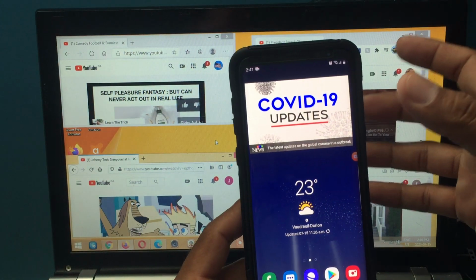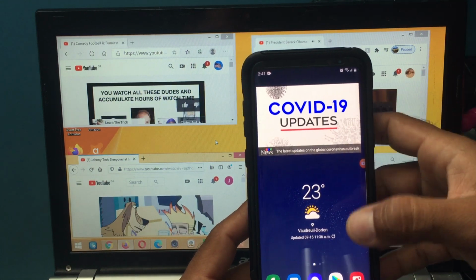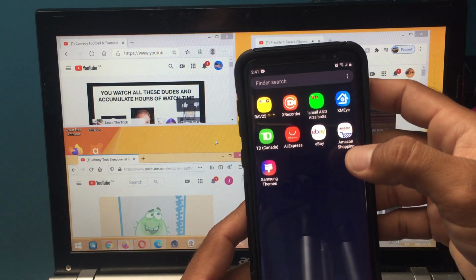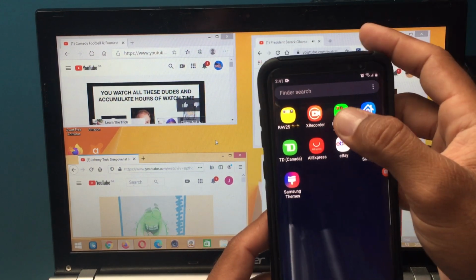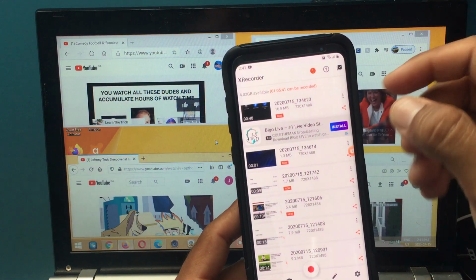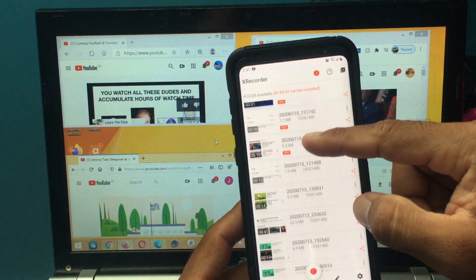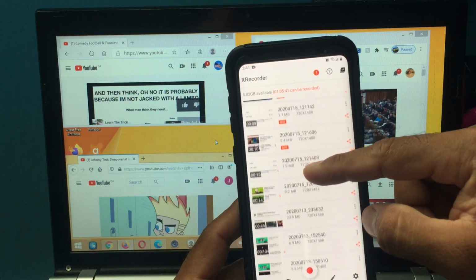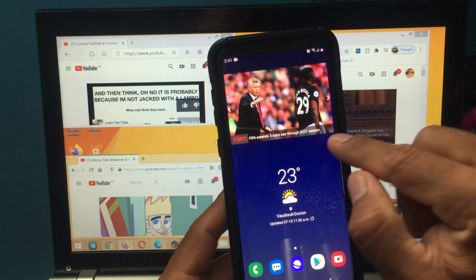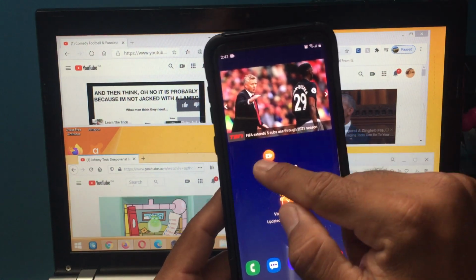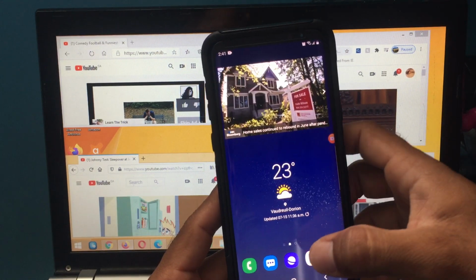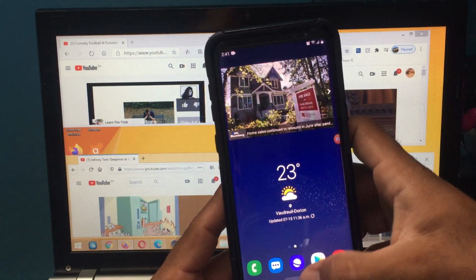a screenshot before I clear the history, you have to download an app on the phone, like any app for screenshots. I have XRecorder. Click it here, and whenever we take a screenshot or video, it will be here. So go back. This is the screenshot logo. Here you can put it anywhere. When we need to take a screenshot, we're going to use it.